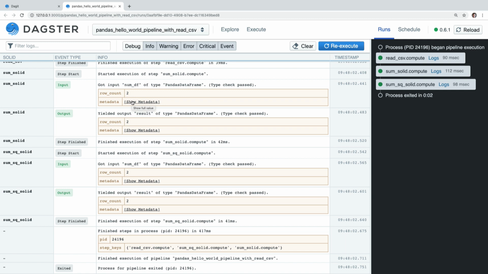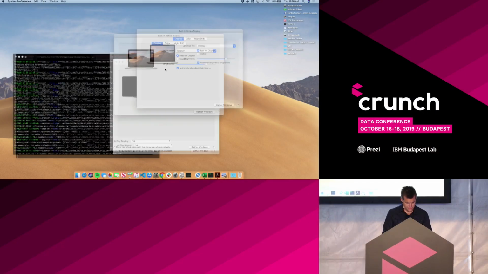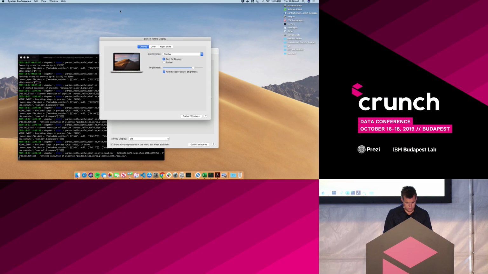Let's see what else. Oh, so this is now our local development environment, right? So one thing I'm going to do is set this so that one of the things our type system allows us to do is that as the DAG executes, it will persist all the intermediates that get generated along the way. And this unlocks a lot of power. So I'm going to execute this. And now let's imagine, oh, that's not what I wanted to do. Go here, whoa.